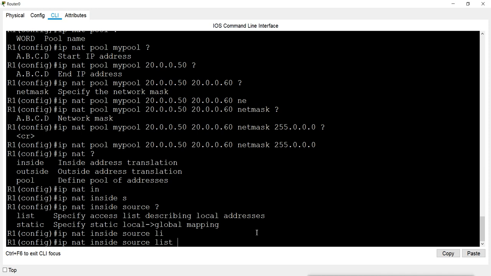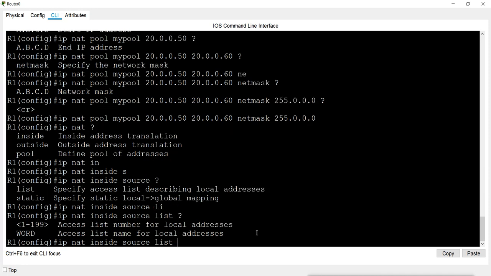I have created the list with the number 1, so it is going to use that list for the filtering. According to the list, those who are allowed will be allowed, and those who are not allowed will not be allowed to do the translation.